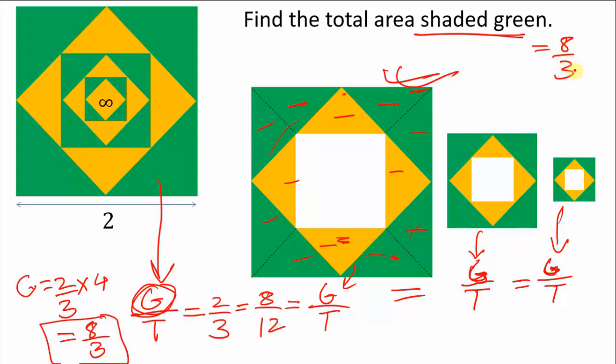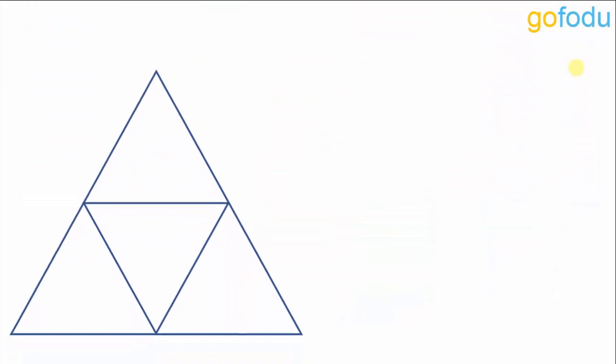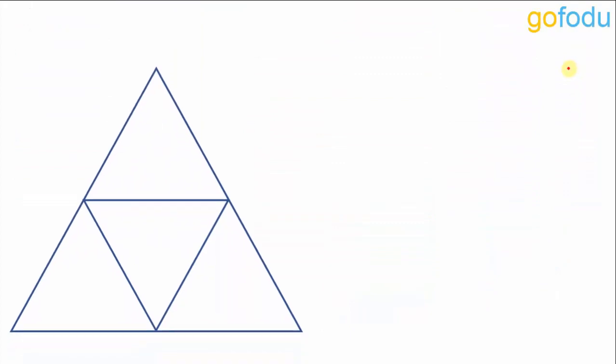Moving on to the last concept, last but not the least, we have a triangle inside triangle situation. Now this inner triangle is formed by joining midpoints of this outer equilateral triangle. Okay. If this side of outer equilateral triangle is A, then this side will be A upon 2. Midpoint theorem: line joining the midpoints of two sides will be parallel to third side and half of it. Okay. So this side is half of this outer side.